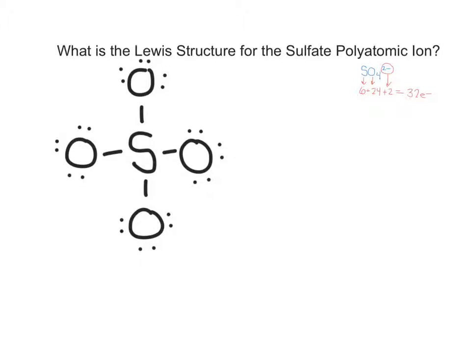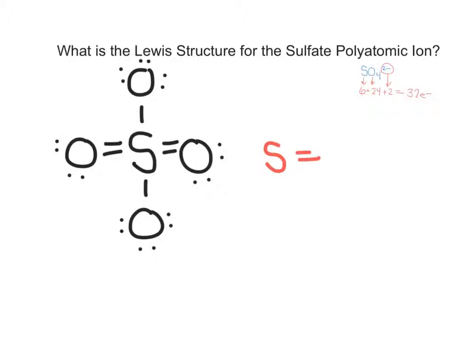So if we were to actually eliminate these electrons and then add in double bonds, the oxygen atoms are not violating their octet. They're still fulfilled. Sulfur has that expanded octet, but let's go ahead and calculate the formal charges on each of these atoms just to make sure that what we've done is actually legal. Okay, so again, looking at sulfur,